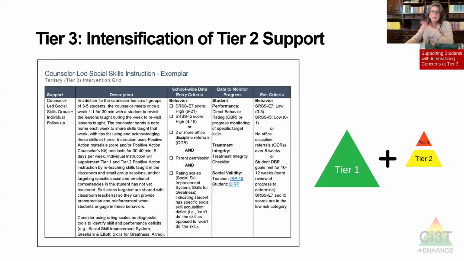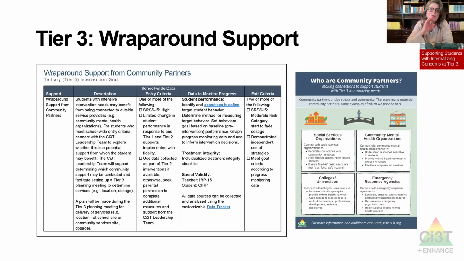So tonight, here is where we are going to work. We're going to work at tier 3. And sometimes it will be things like social skills interventions happening at tier 2, plus an individual follow-up weekly to have a point of check-in, additional prompting, additional reinforcement. But for tonight, what I want you to know is that there's a host of things that work, like wraparound services. And this is important.